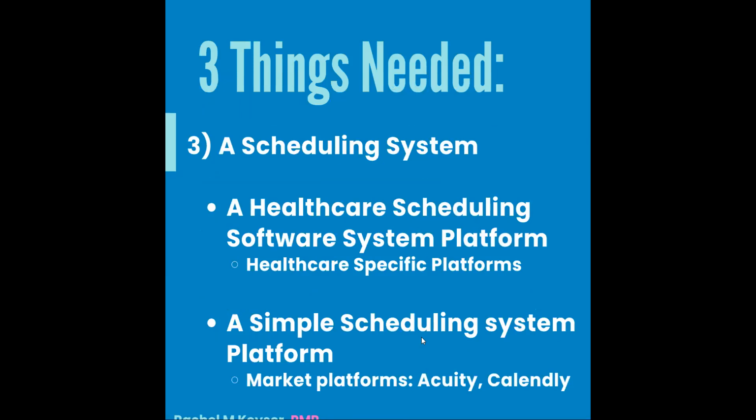And then the third one. The third one is three things that are needed. A scheduling system. In this case, it's what is going to include all the things that we talked about. Probably this would even have come maybe before, because in order to be able to create a provider schedule and also the patient information to enter, this is what you need to have.